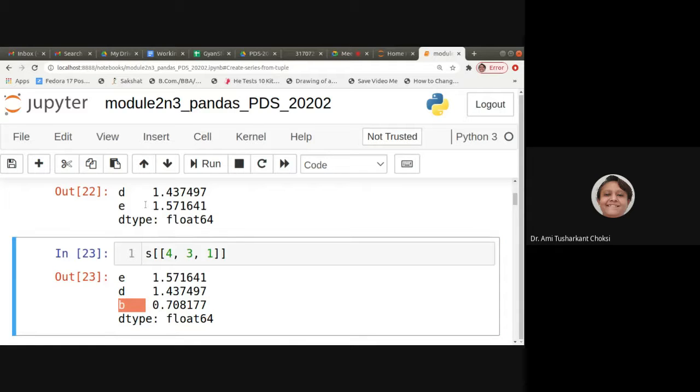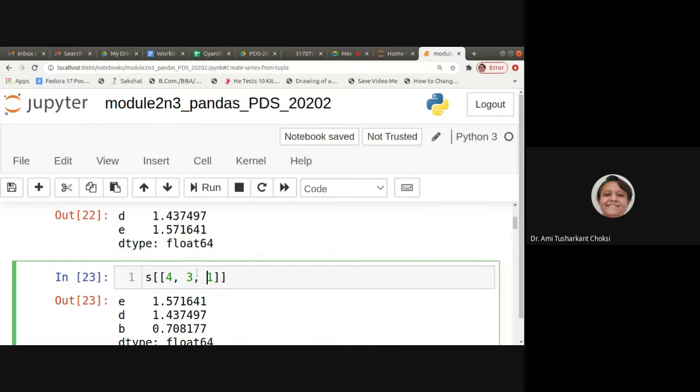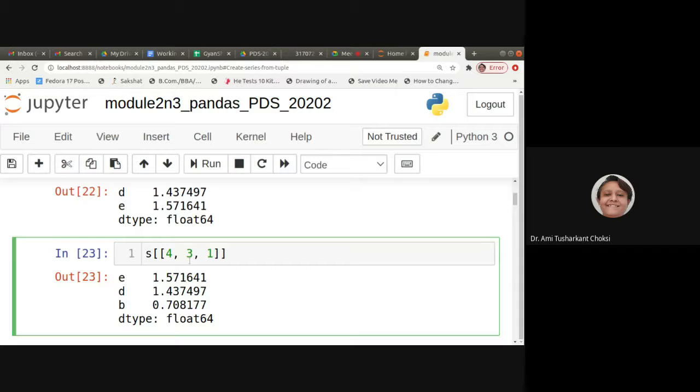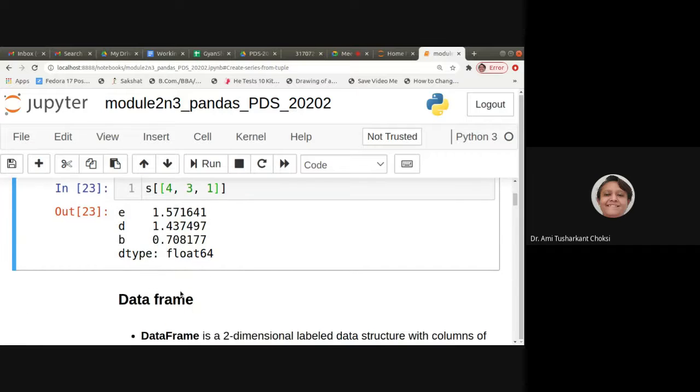A, B, C, D, E. So for A it is 0, for B it is 1, for C it is 2, for D it is 3, and for E it is 4. So here we have printed 4, 3, 1. It gives us 4, that means E, 3 means D, and 1 is B. So for those index values, we get whatever the S values are.